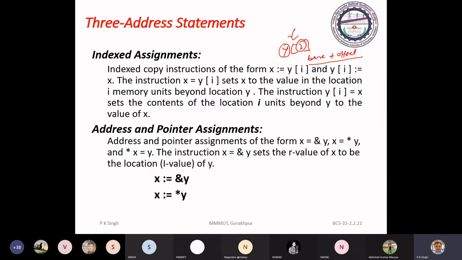Next, pointer variable. I have told you we have two operators. This is the address operator and this is the content operator that are being used for representing the pointer variable. Okay.